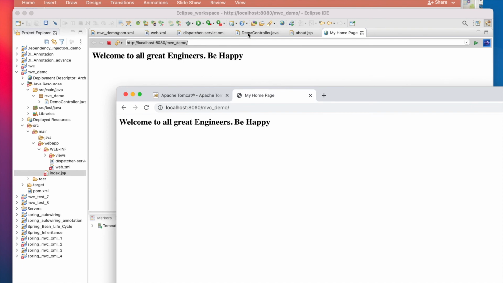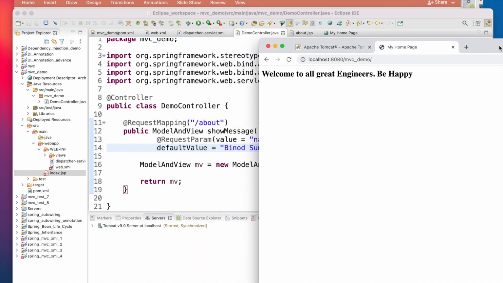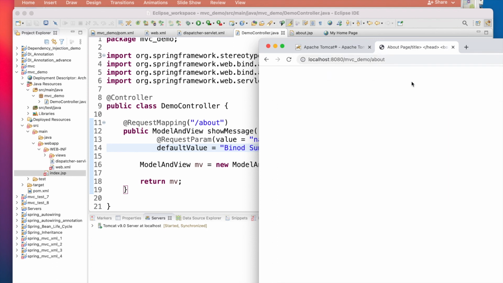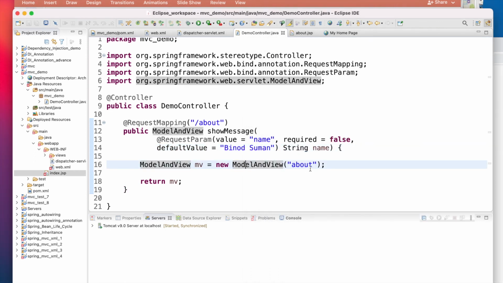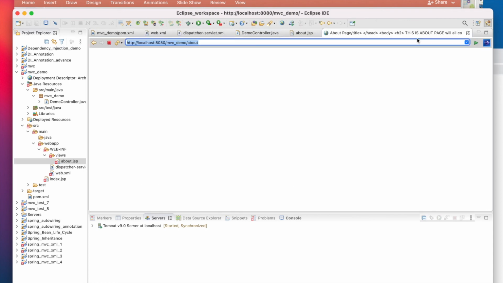Now I want to show the demo controller here, and keep it on the side. If you see this, it is the base path for my web application. Now if you give about, see here, about, then what happens? It should call the about JSP, and we should have the one about JSP, and that should show here.